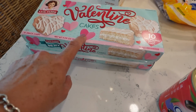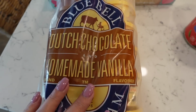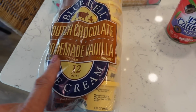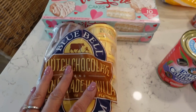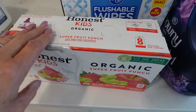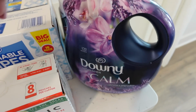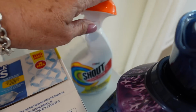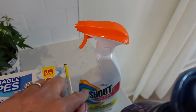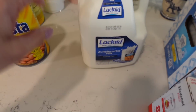I got some Valentine cakes because I thought for dessert, I got these little Bluebell Dutch chocolate and homemade vanilla little cups. So I thought they could have cake and ice cream for dessert tonight. So there's that. I got some Honest Kid juices, some flushable wipes. I needed fabric softener. I got the Downy. I got some Shout. I needed this when I did my closet clean out. I realized that I need to be treating stains. So I got that. Some Lactaid,